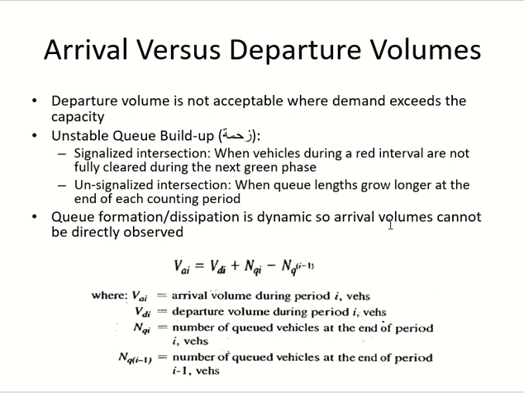So once you satisfy any of these conditions, then you should take arrival volume. But the problem with arrival volume is in the queue. The queue itself is moving. It's not a fixed point. It moves forward and backward and stays and then moves and so on. So it's complicated to get the number in the queue. So what do we do? We use this equation, which you can see on the slide, to find out the arrival volume.